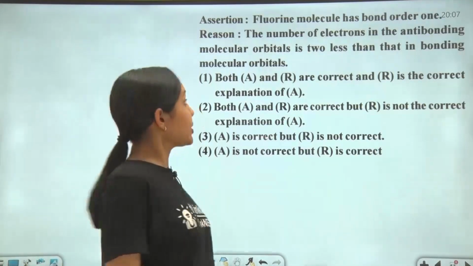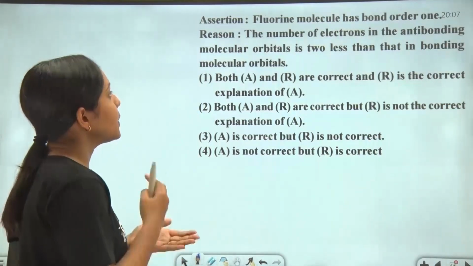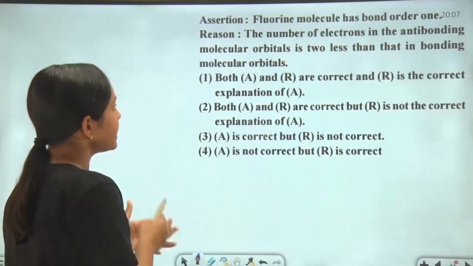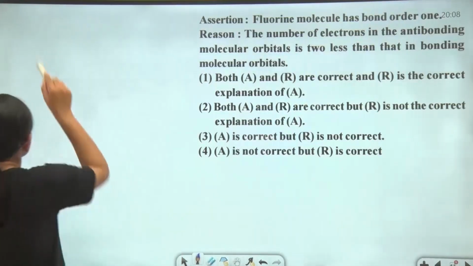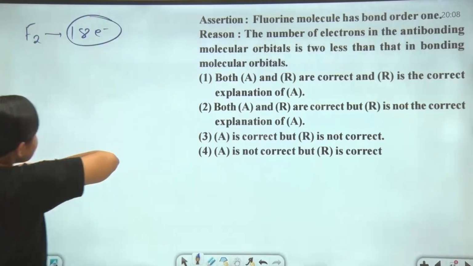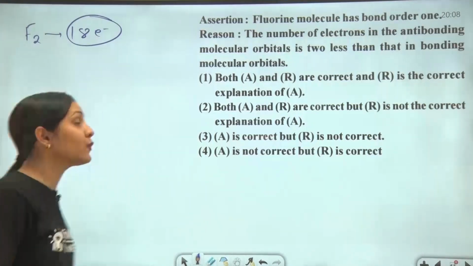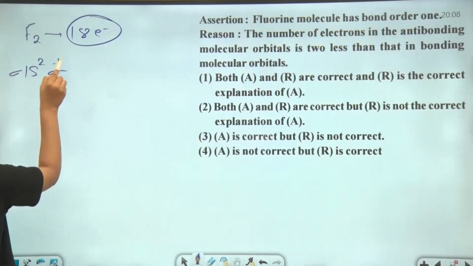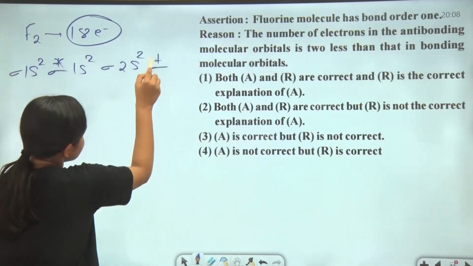Hello dear students, our next question is, assertion: fluorine molecule has bond order 1. Reason: the number of electrons in the anti-bonding molecular orbitals is 2 less than that in bonding molecular orbitals, right? First of all, the fluorine molecule contains 18 electrons. So according to molecular orbital theory, first we have to find the electronic configuration of the fluorine molecule. So this is σ1s2, σ*1s2, σ2s2, σ*2s2,